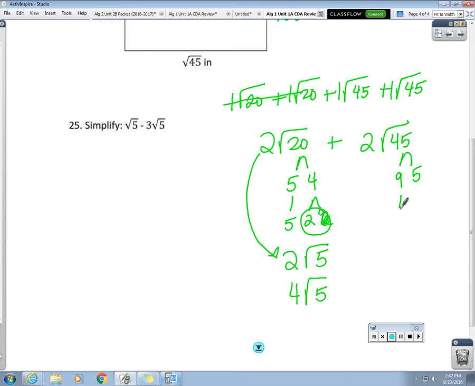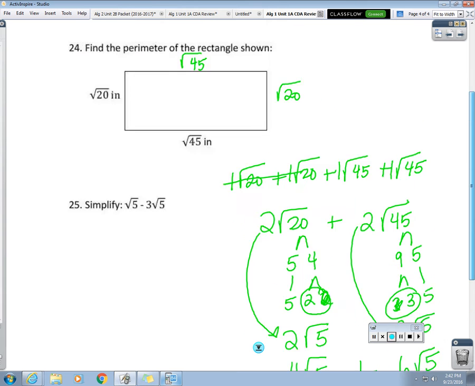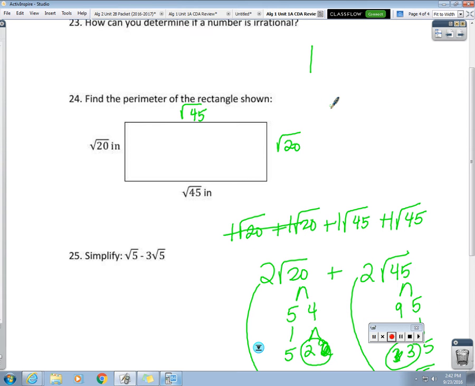Okay, that becomes 3. Okay, don't forget this 2 makes it a 6. Now do they have the same radicand? So now roots of 5. I basically just skipped on the add and went straight into the